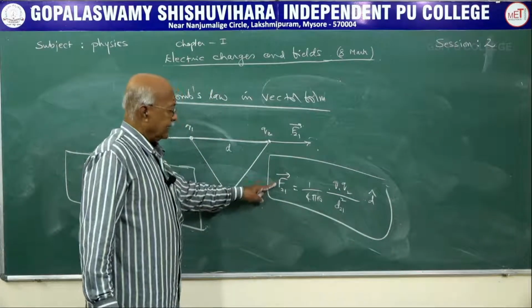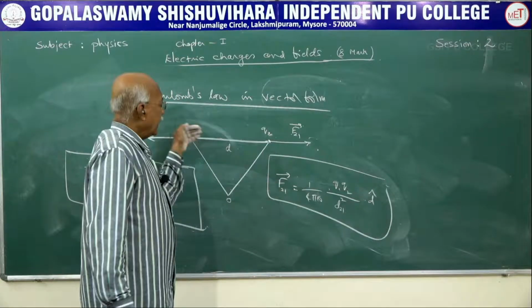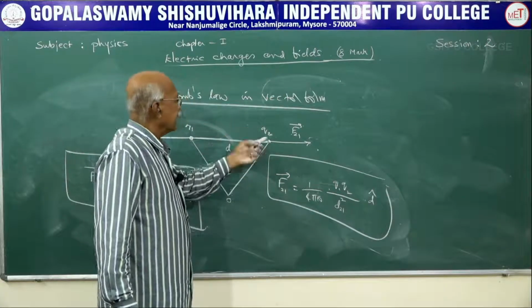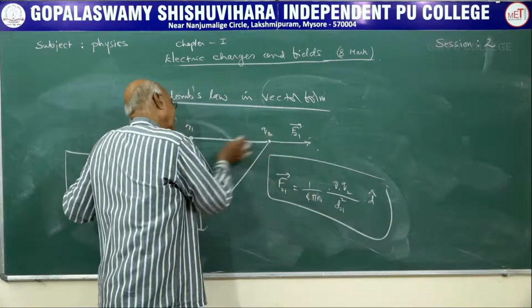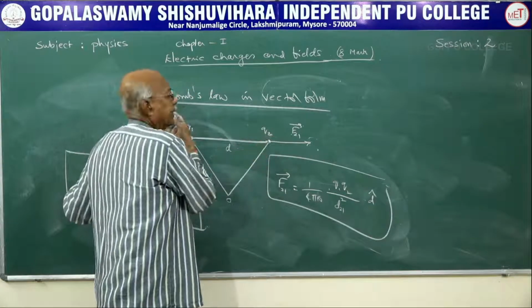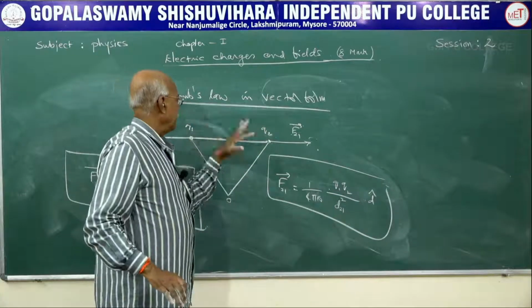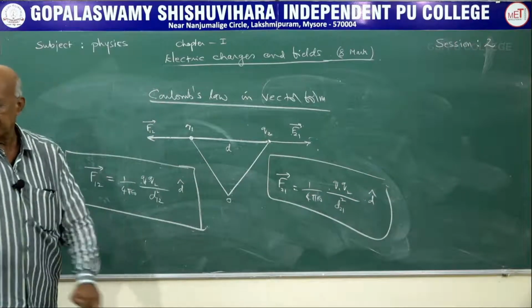So when you write this, the force is exerted by Q1 onto Q2. Therefore it is moving along this direction. On the other hand, if this were a negative charge, then it will be pulling along this direction. Instead of writing the arrow along this, you will write the arrow along the negative x-axis. So if this is negative and pulled by this, then you will write this to be positive instead of negative. So this is the vector representation of Coulomb's law.